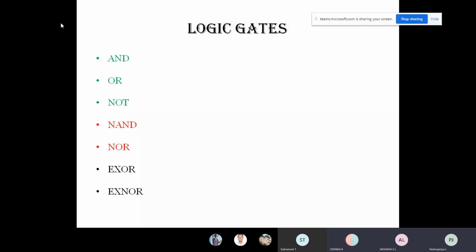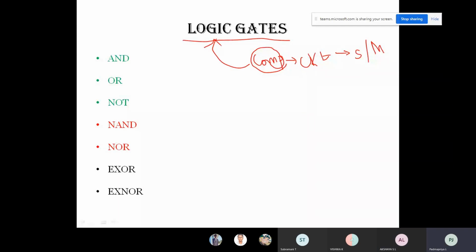These are the basic logic gates. With the help of these logic gates only, we are going to design digital circuits, digital components, or digital systems. Initially, we could mention components. A group of components will be combined as a circuit, and a group of circuits will become a system. Digital components, digital circuit, so digital system. These digital components will be built with combinations of logic gates only.